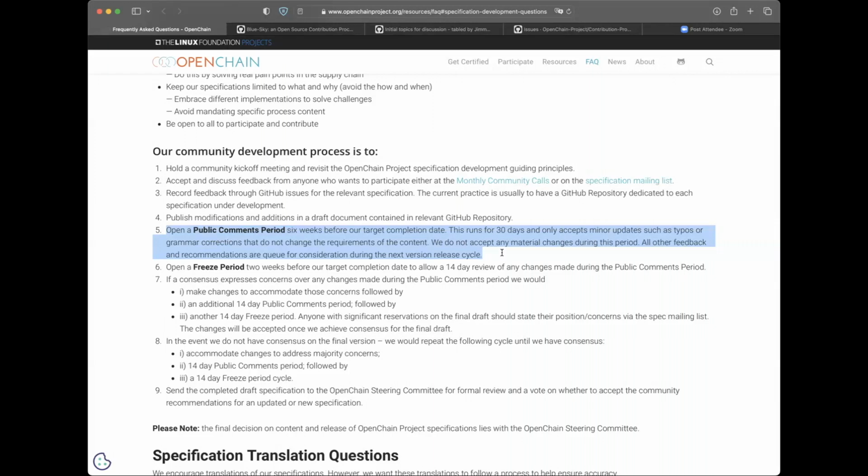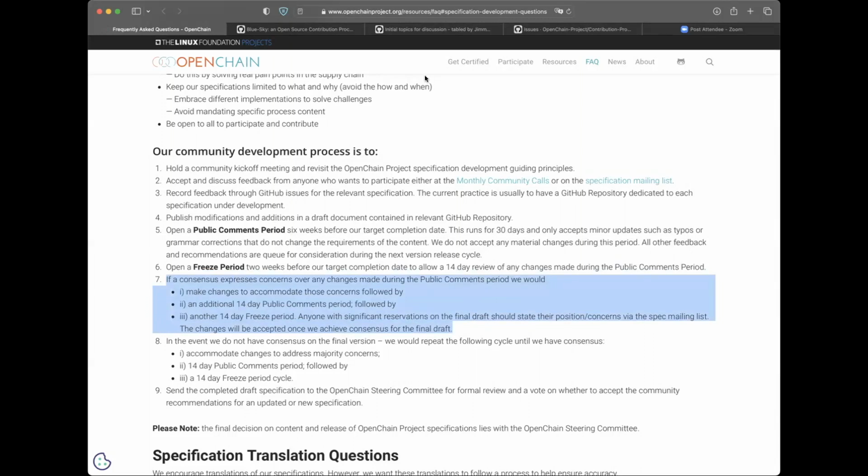and people can make contributions regarding typos and other major issues they see in the document. They can send those in for 30 days, and then the final 2 weeks will be used to have a freeze period where we will review all of the final suggestions and comments that come in. The public comments period is really intended to take the final draft document and pick up any big problems.